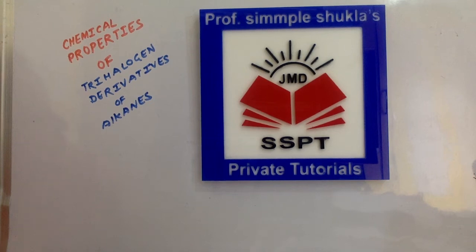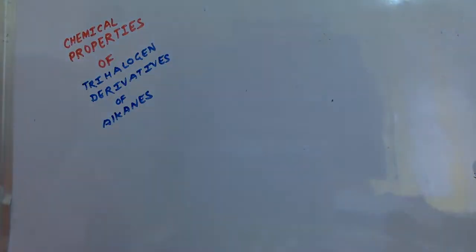Hello students, we are today discussing the chemical properties of trihalogen derivatives of alkanes. Now students, as far as the trihalogen derivatives of alkanes are concerned, the very first chemical property that we have to learn is